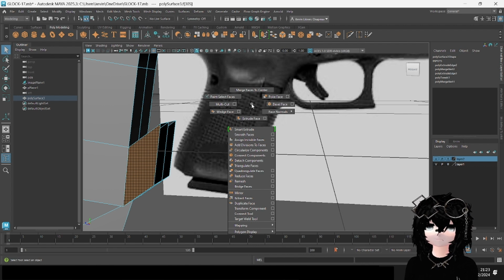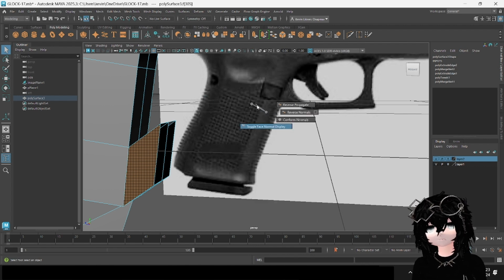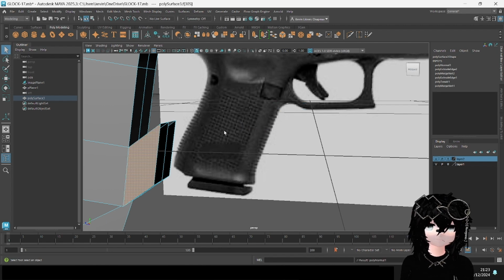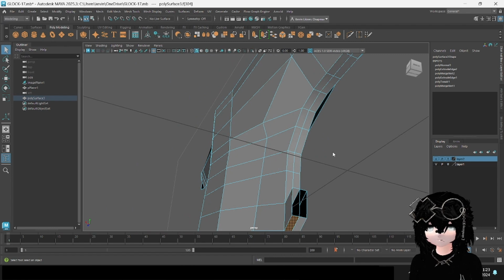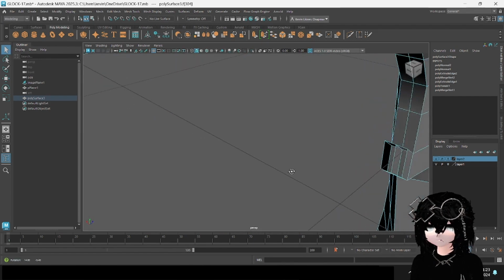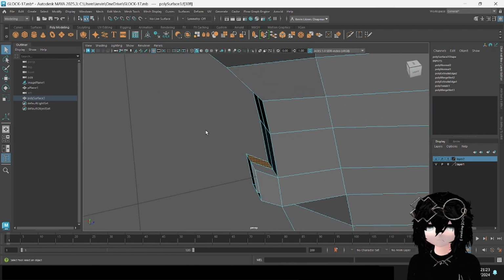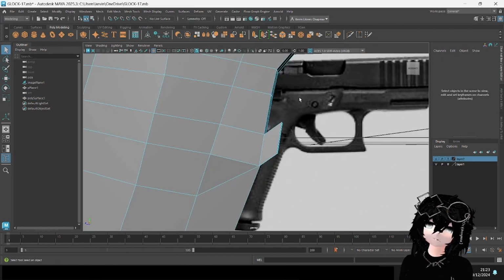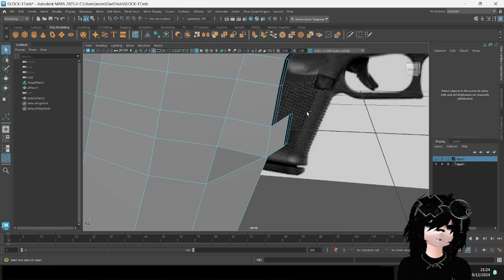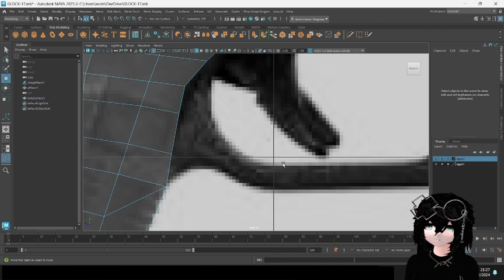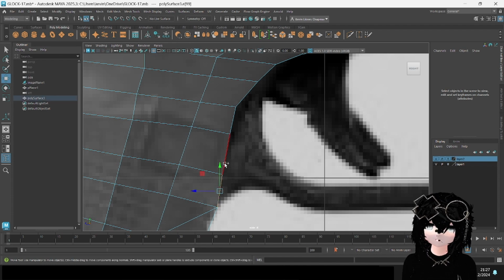Shift right, hold right click and hold shift, then reverse normals. That should make it good now. That one too seems to be messed up, so it's normals, reverse normals. This is something I learned recently because this is a very common thing that I've been having to deal with. And I've just realized that I need to, just because I don't want to make the mistake more, I will